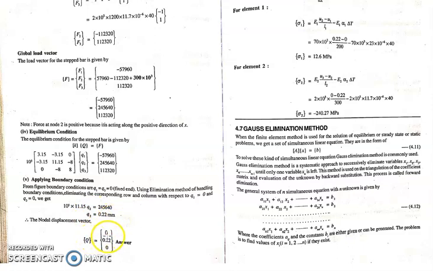So node 1 is 0, node 3 is 0. Only at node 2 you will get a value of 0.22 mm. Then when you are finding the thermal stress, see, thermal stress is very different from normal stresses. That's why there is a formula change here also due to the temperature effect, that is E du by dx minus E alpha delta T. Here du by dx is the displacement gradient, that is U2 minus U1 by L1. That is Q2 minus Q1 by L1, you can also write for the first element. And for the second element there are two nodes, Q2, Q3. Their difference, Q3 minus Q2 by L2.